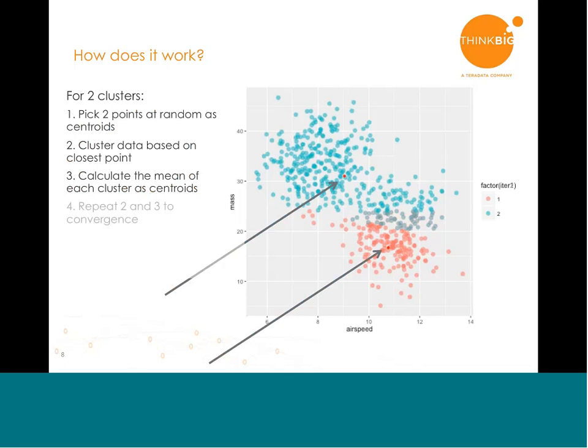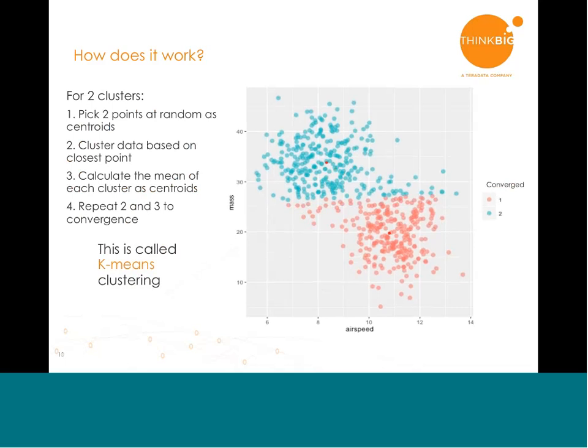We repeat these steps a few times until we get some level of convergence. The data points quit switching clusters, and that's the algorithm called K-means clustering. Spark has a built-in function for this in both ML and MLlib, and it works fantastically. The problem is when we come to